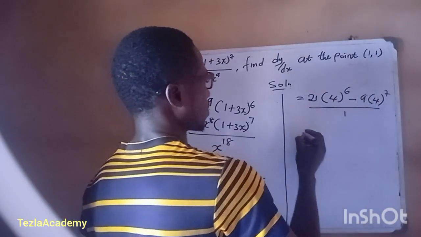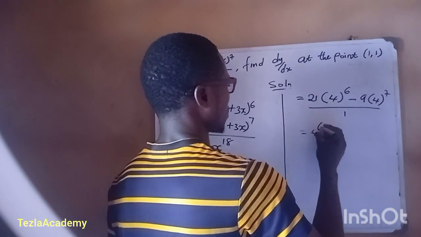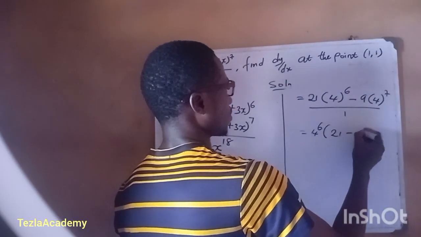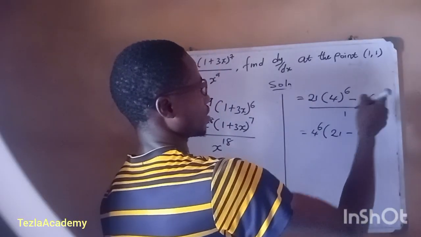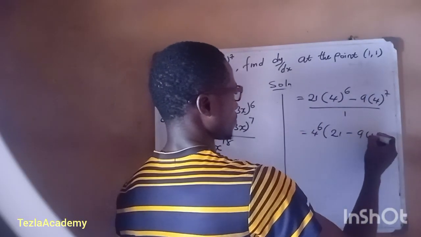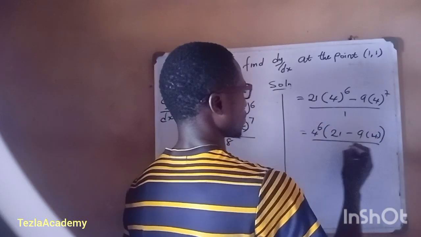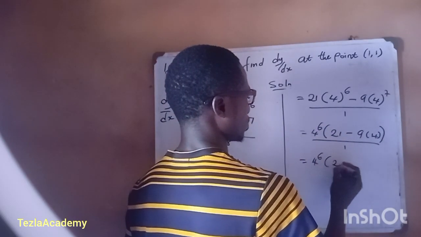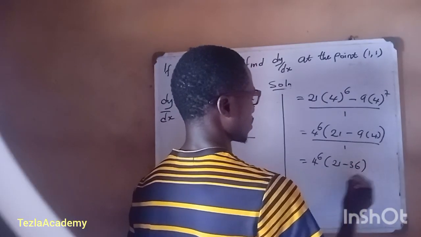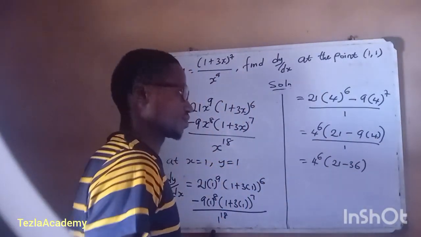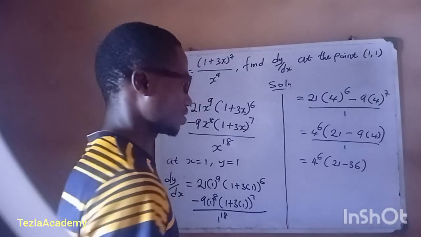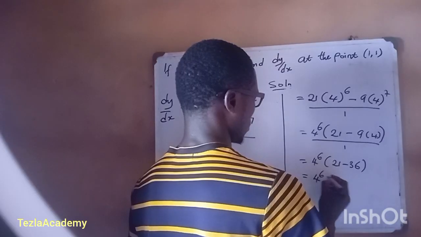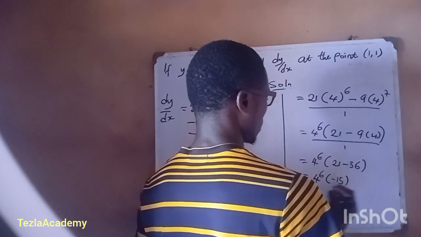I can bring out 4 to the power 6, leaving 21 alone inside, minus 9 times 4. Then all over 1, and this is equal to 4 raised to power 6 times (21 minus 36). So 21 minus 36 is minus 15. So this is equal to 4 raised to power 6 times minus 15, and this is equal to